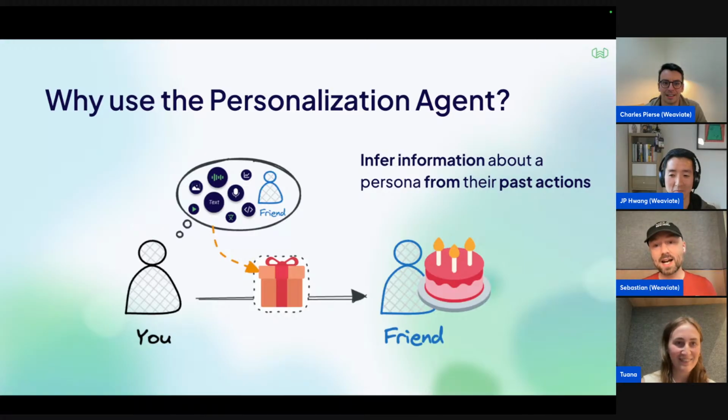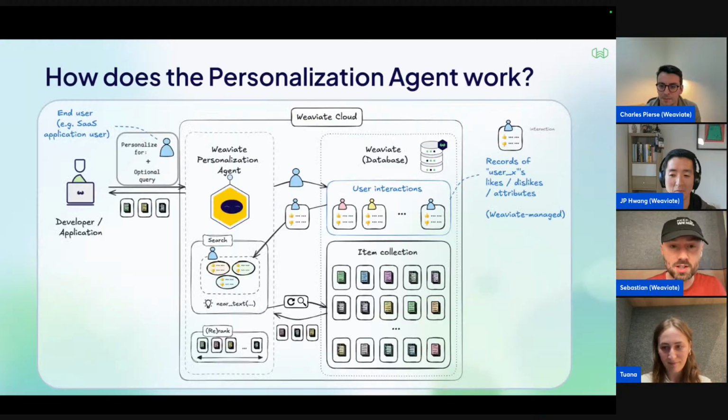And then as we go, there's also a mechanism that allows you to collect information about every single user. You're building a persona based on their likes and dislikes, which creates an image of what I can give you as a present. The things you like and dislike also change over time, so we need to have a way to capture that.